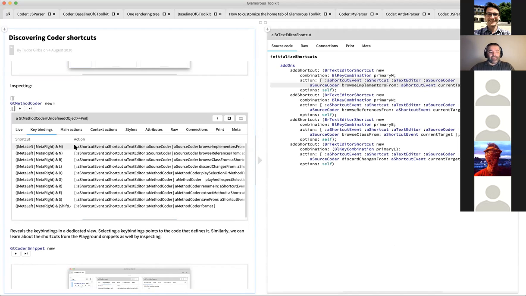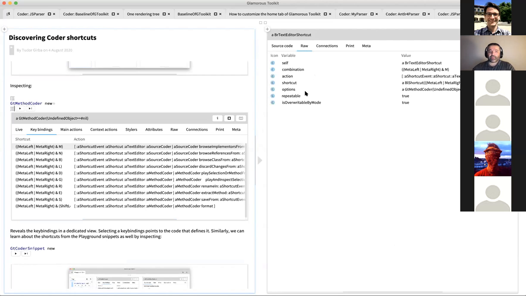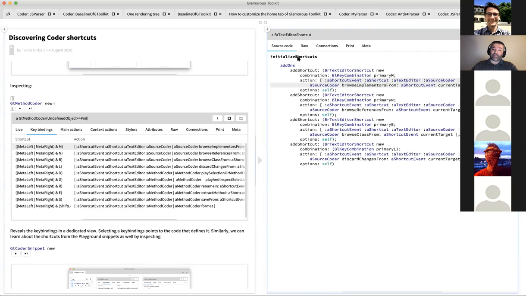Very cool. So in this specific case, this key binding knows how it's implemented. You see here, this is a text editor shortcut. So this is what you would normally see. You see here's the action, here's the shortcut, right? The action. But because the action is a block, and because the block knows how to present itself, we can already show you here, this is where it's implemented in this specific method over here. So if you now want to go and